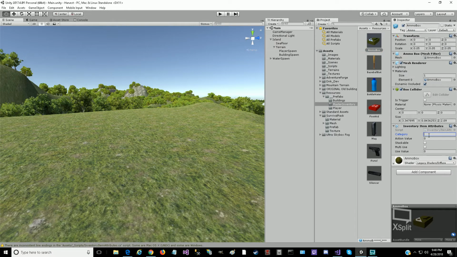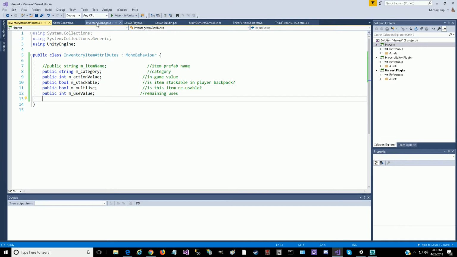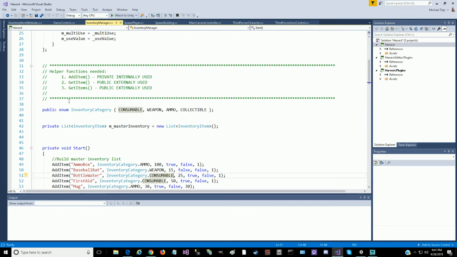So let's set up the category. We said that we're going to have a few categories that are defined. And let's go back before we even jump in and do that. I forgot. We're going to need to change this from an enumeration to an array, actually. String. Inventory categories equals. We need to update this to